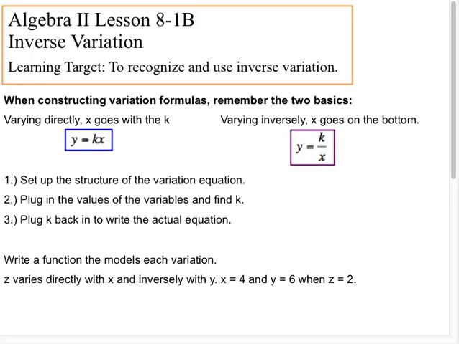So the second piece should actually be pretty simple if you understand the two basics we talked about yesterday. Those two basics being that if you're varying directly, x is going to multiply with a k, and varying inversely means it goes underneath. It is dividing the k. As long as you know those two things, you're going to be awesome at today. Because today we're diving into combination